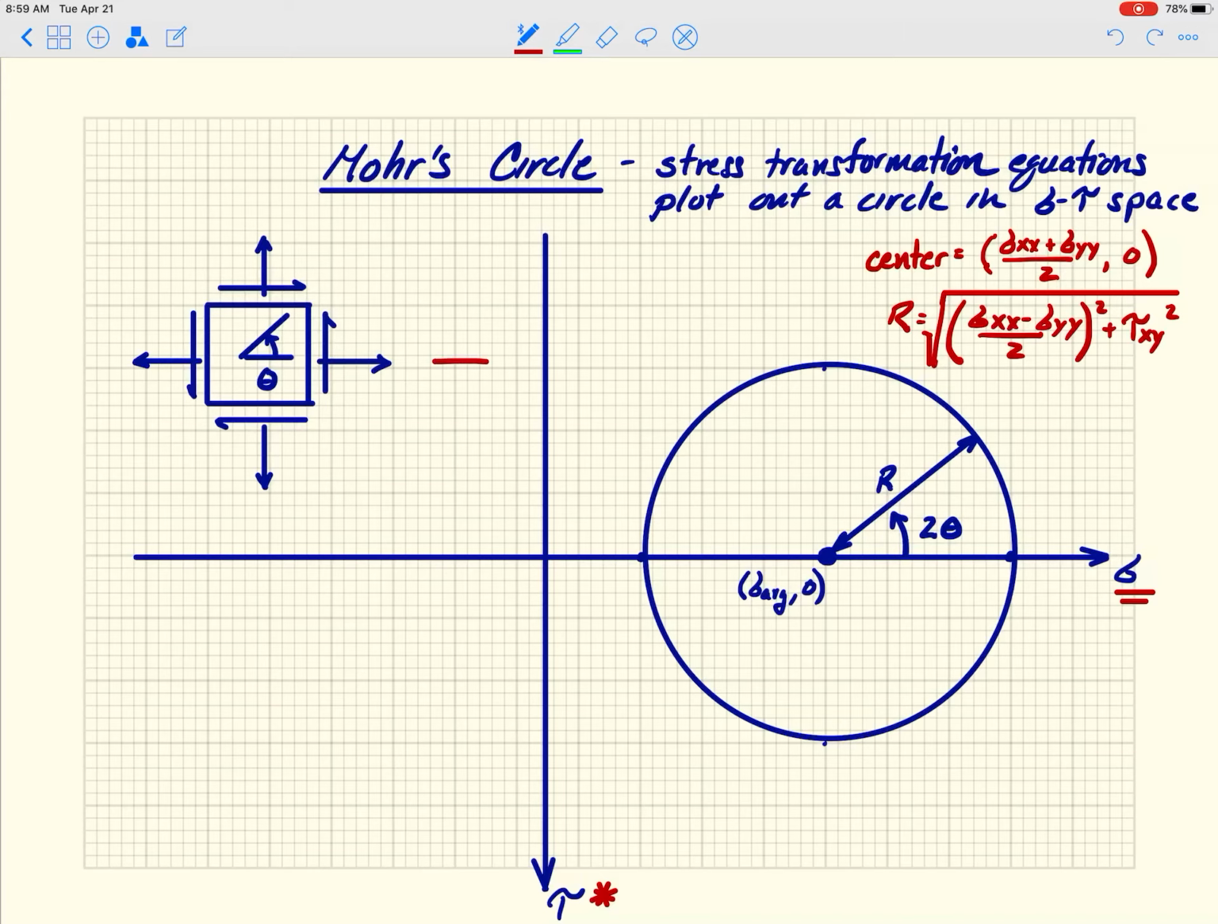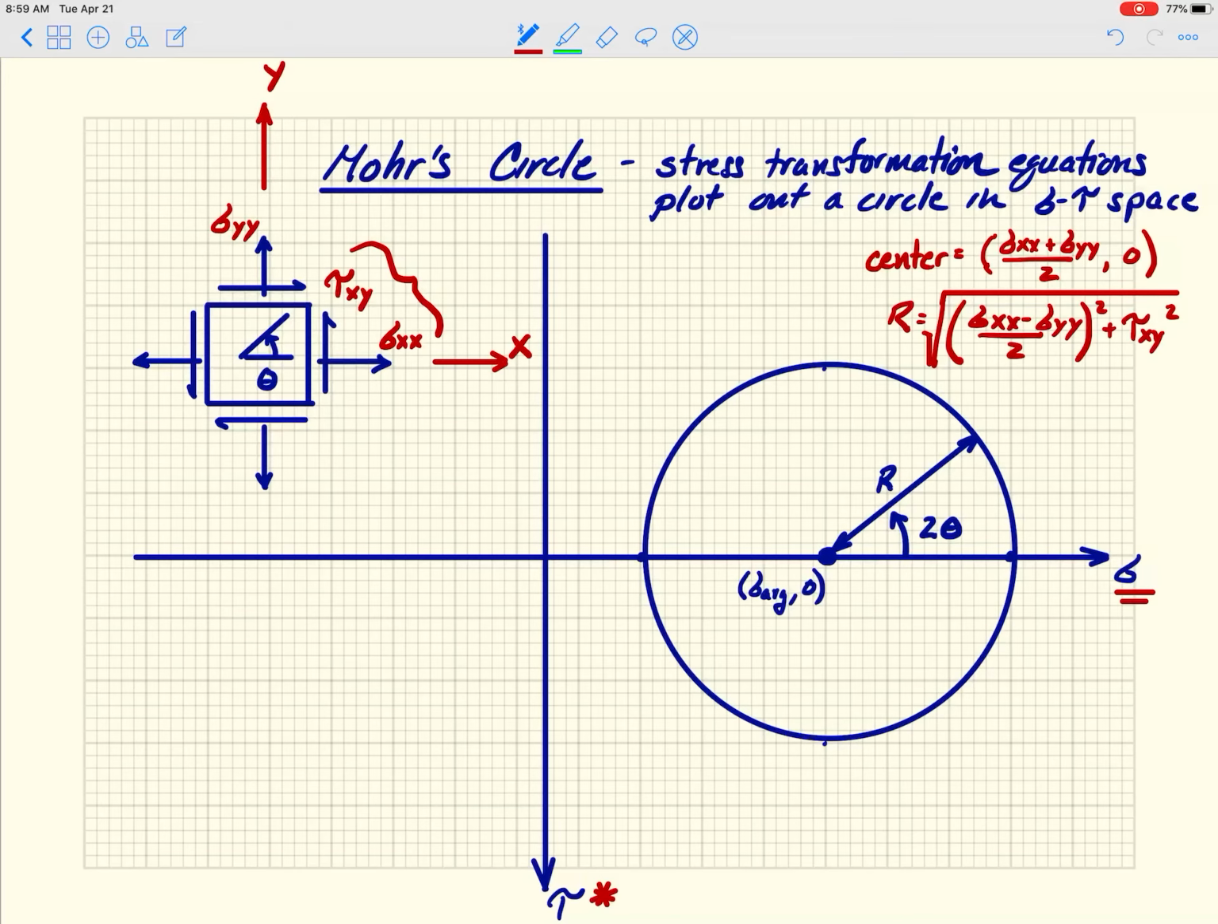Okay, so let's jump into this. So if I have my stress cube here, this is my coordinate system, x and y. And this is my sigma xx and my tau xy, that look just like that. And this guy up here is my sigma yy, right? All right. So the first thing I'm going to do